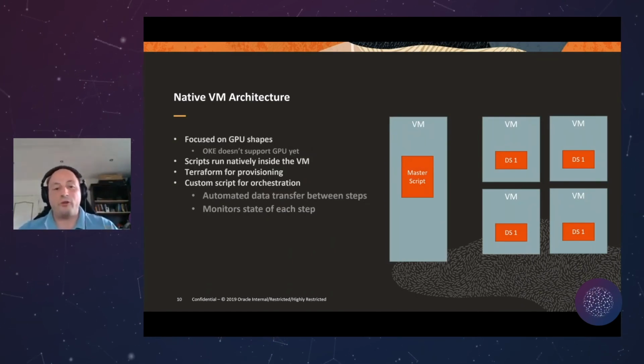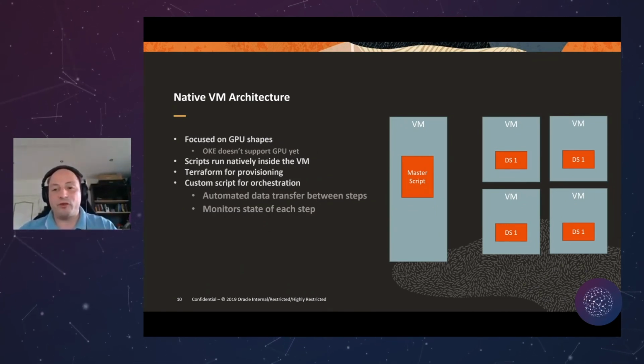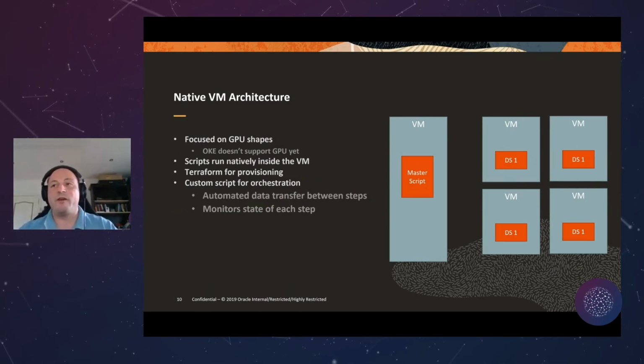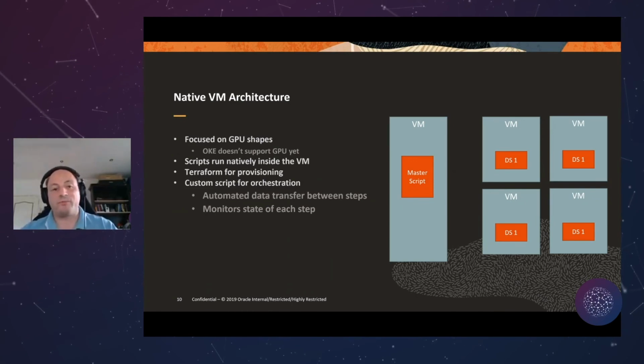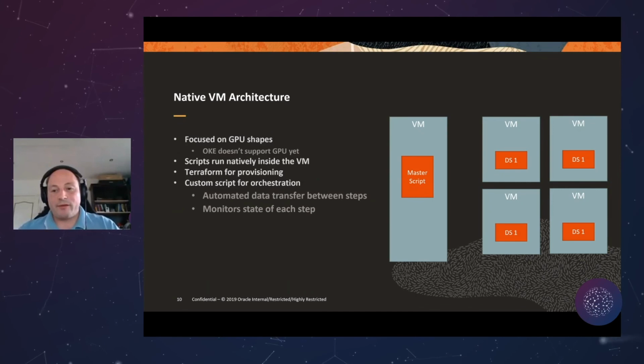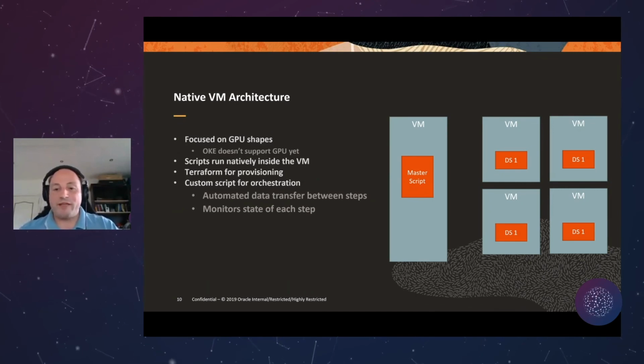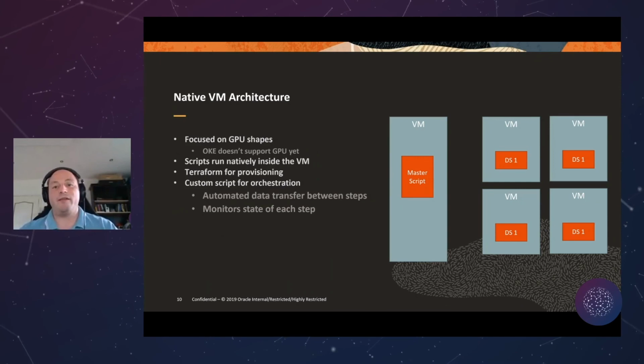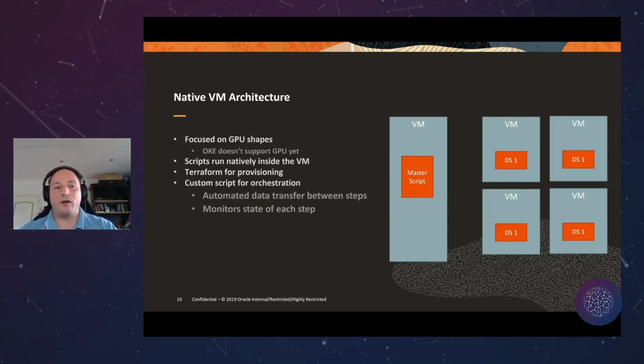So this is basically how it looks from a high-level perspective. We have a compute instance, a virtual machine that runs the master script. And then we have the different virtual machines which are standing by to receive the permutation information. When they receive the permutations, they send data back to the master script, so it understands when it's finished. When all the permutations are done, when the queue is empty, then the master script will also do an aggregation